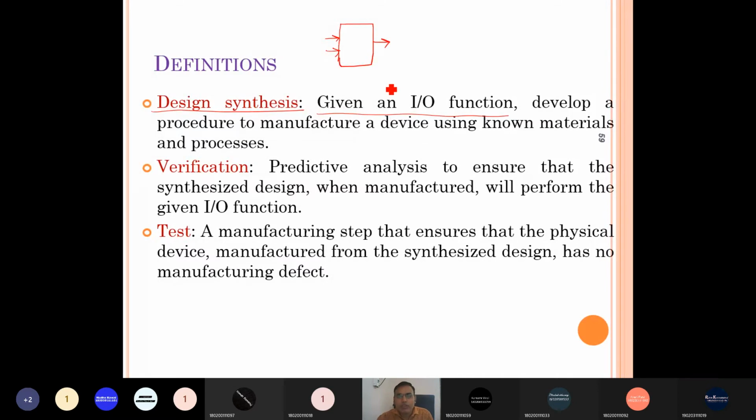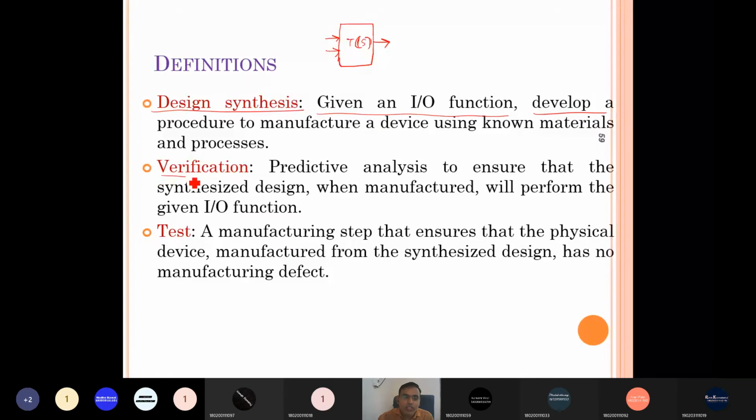Develop a procedure to manufacture the device using known material and process. That is called design synthesis. So if you have any process that can implement this transfer function, which relates the input and output, it is called design synthesis.